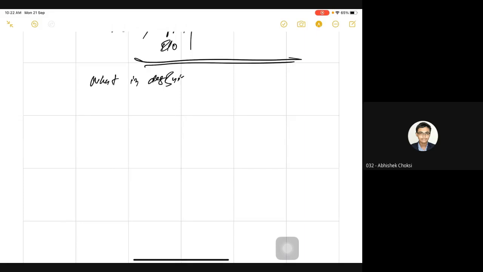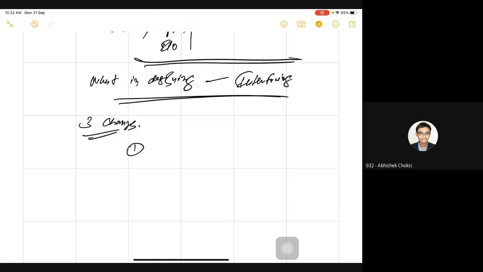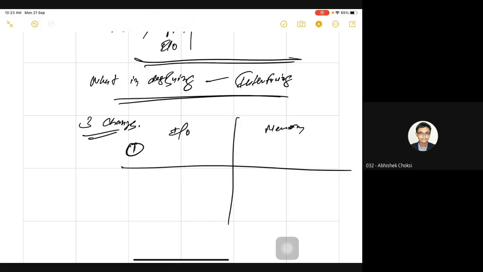Now the last topic is what kind of change you need to make in designing and interfacing. If you actually want to design or interface something, there are 3 changes you are supposed to make. One, IO mapped IO versus memory mapped IO: if it is IO mapped IO, you only need to use address bus A0 to A15.